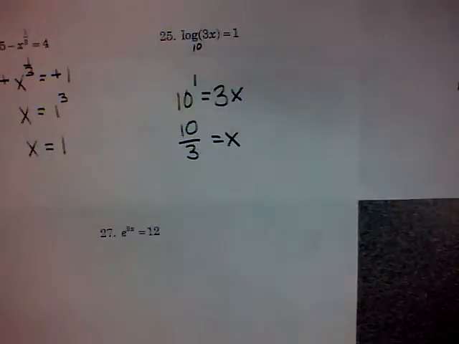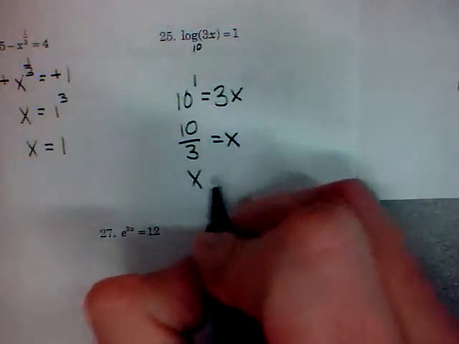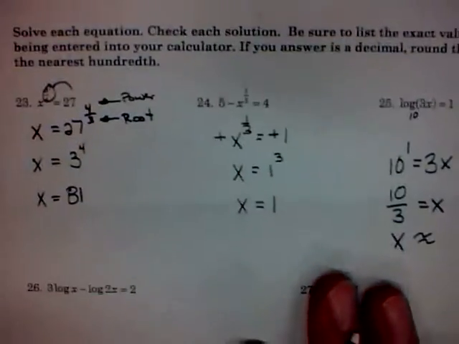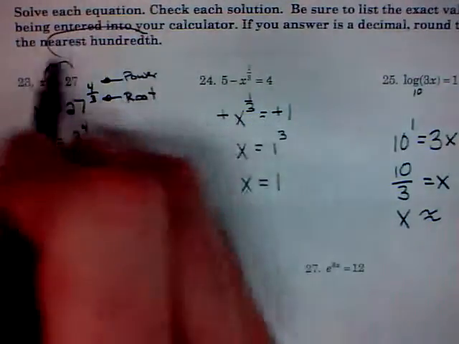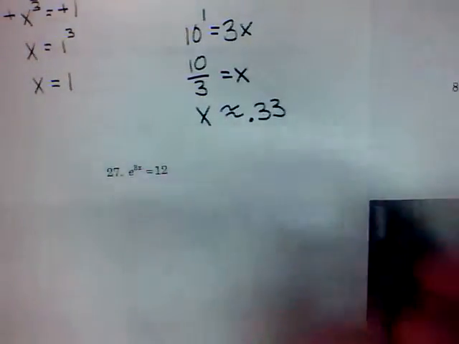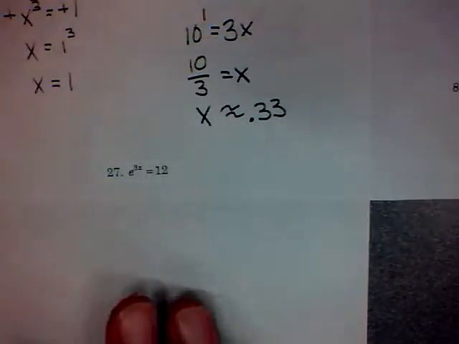That's equal to x. So then x is approximately, I think the directions here say go to the nearest hundredth. So that'll be 2 spots on this one. So that would be 0.33. Okay. Then